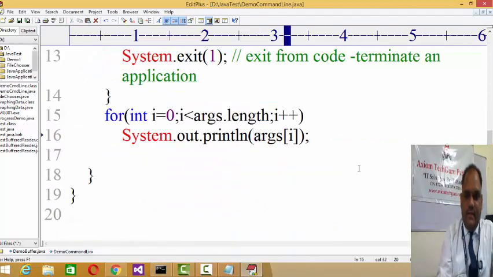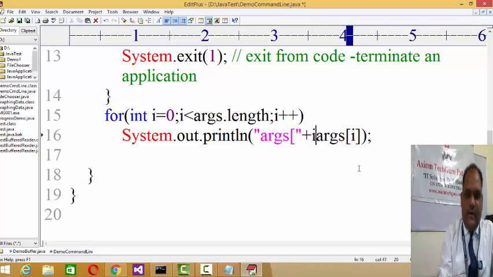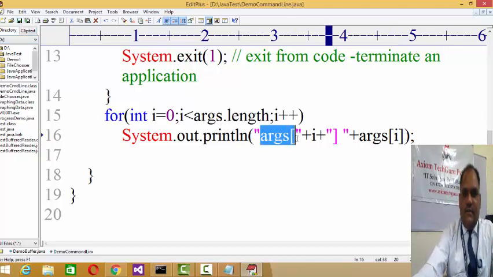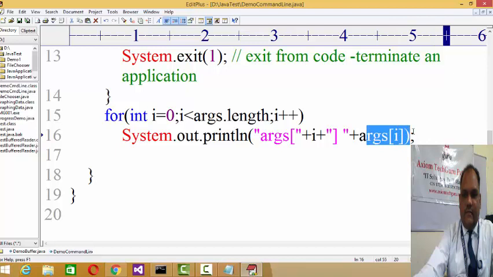If you do it like this, args of i, yesterday I explained how the plus operator is used for concatenation. So you save args i and args i. Here it will print the args subscript and the actual value stored in args of i.